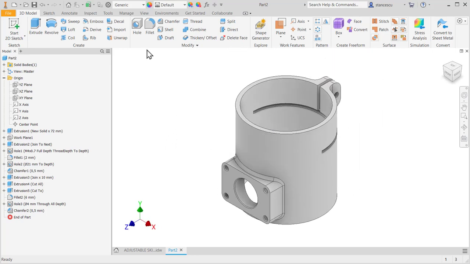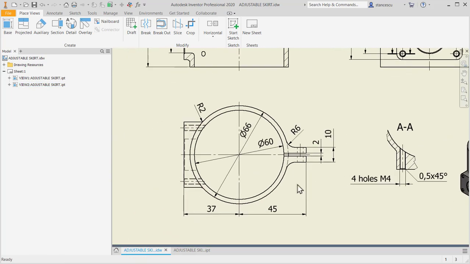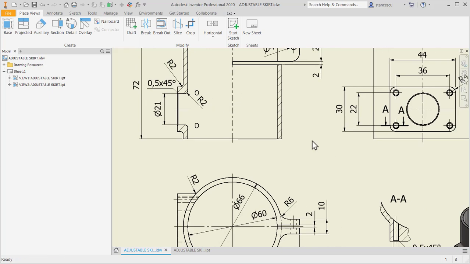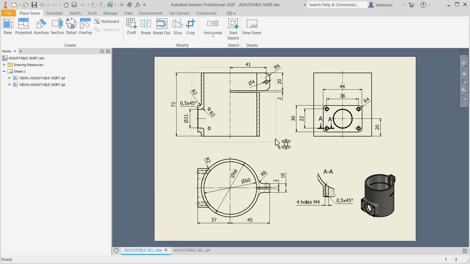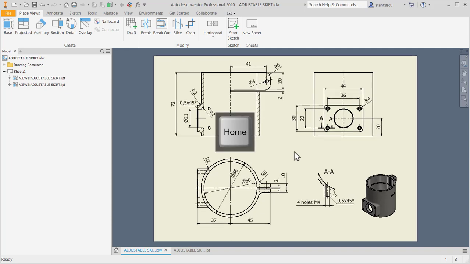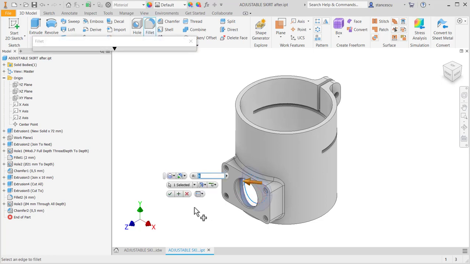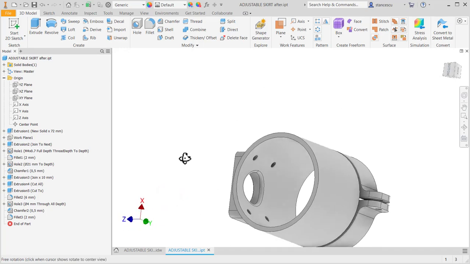F6. The last feature is this radius of 2 millimeters. There is no any other missing feature, so let's apply. This is with radius of 2 millimeters. Okay, now